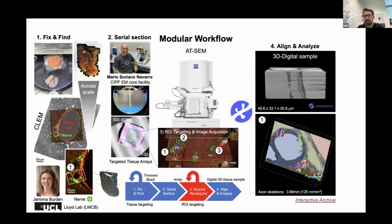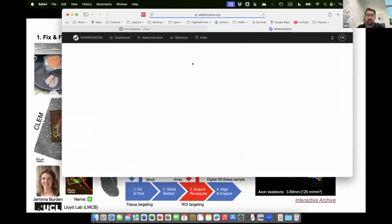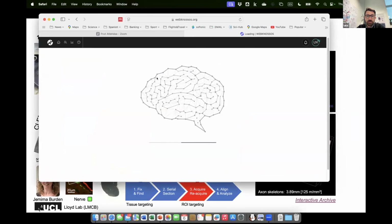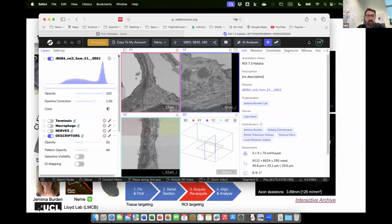So a lot less than in the olfactory bulb, I imagine, but there's nerve there to be studied. And our data sets go into our WebKnossos account, where we can work with them. And I'll just give you an idea of what this data set looks like, if it will let me open it up. Here we have